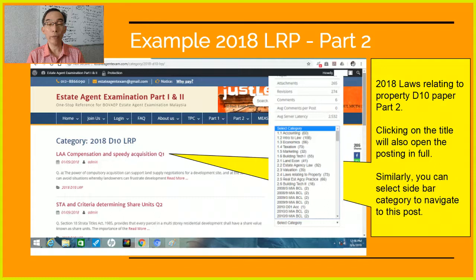So 07 is the number 7 paper in the numbering of both Part 1 and Part 2, which are 12 papers. So 01 is accounting, 02 is introduction to law, 03 is principles of economics, 04 is taxation, 05 is marketing, 06 is building technology 1, 07 is land economics, 08 is estate agency law, 09 is principle of valuation, 010 is laws relating to properties, and